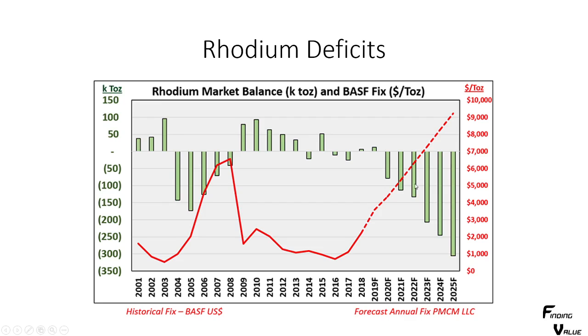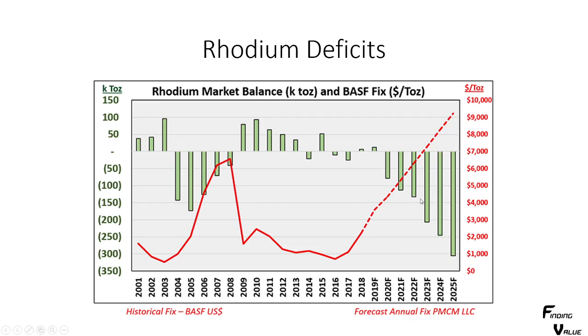It's going to go way higher. So, even though we look at ratios and we do ratio investing between precious metals, and if you don't know what ratio investing is, you should check out my other clips on ratio investing. I don't know if, even though rhodium could be expensive relative to the other metals in 2020, with this deficit looking like this,